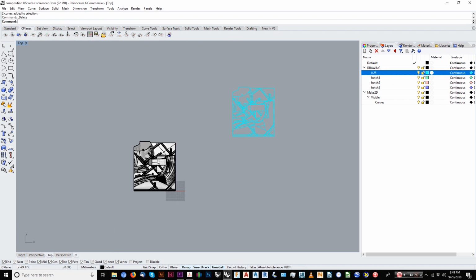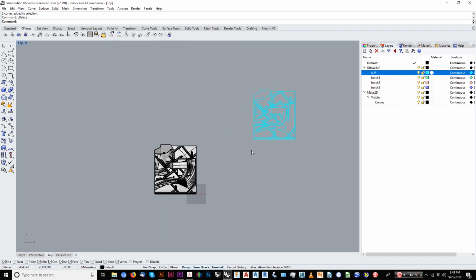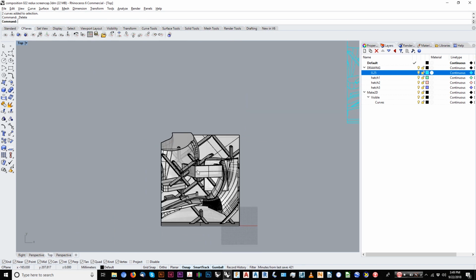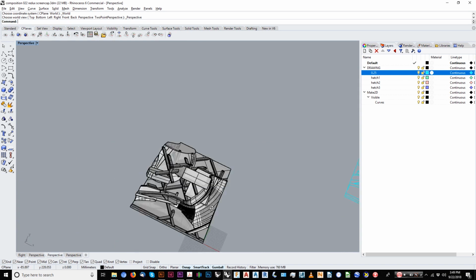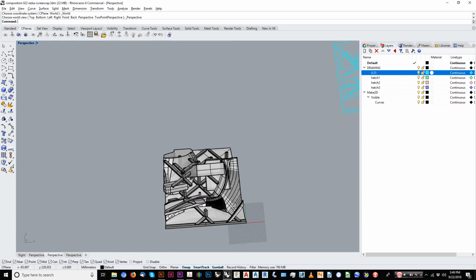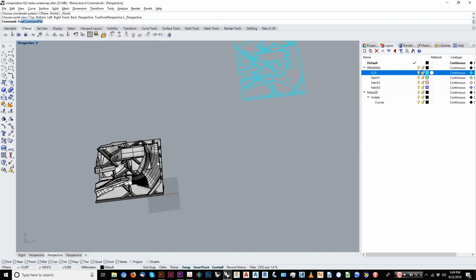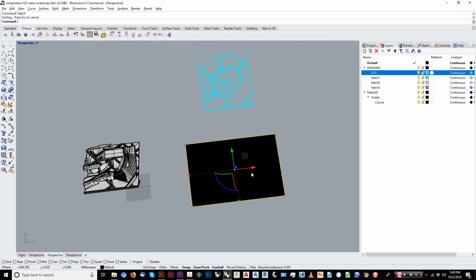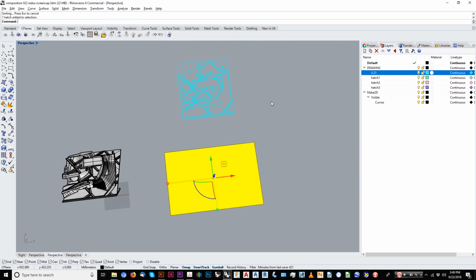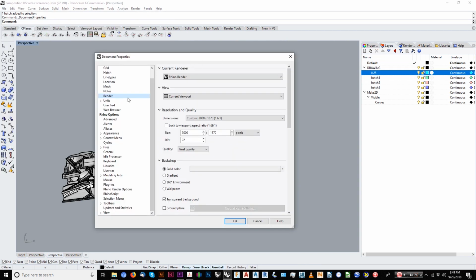So what we'll do now is we will take the curvilinear surfaces from this geometry, and we'll try to project a hatch onto them. So what we will do is we will create a rectangle, we will hatch it, and then I want to go over importing hatches really quickly. So we can go under Hatch, under Document Properties,